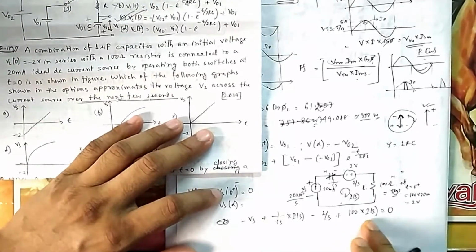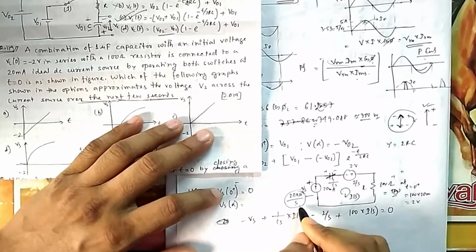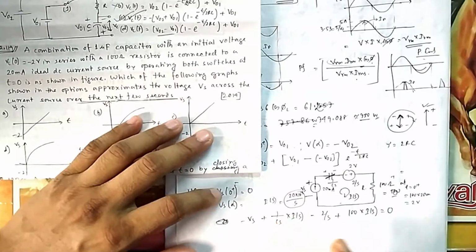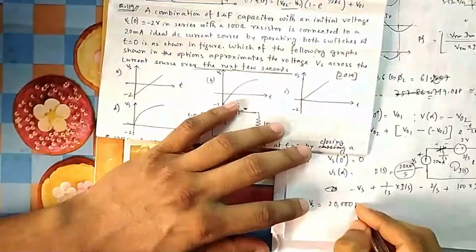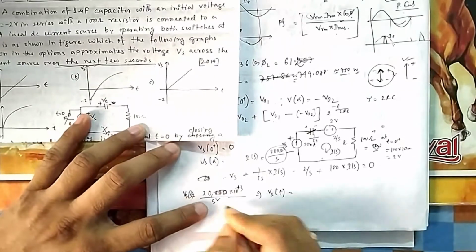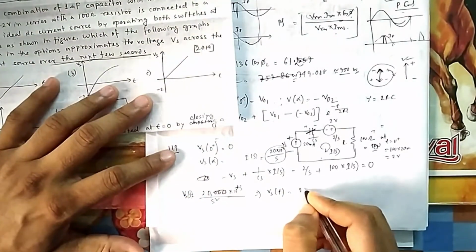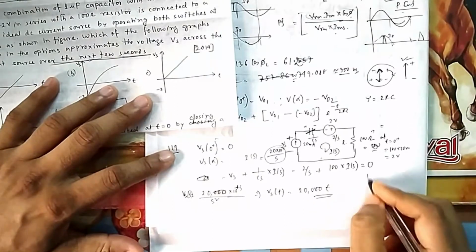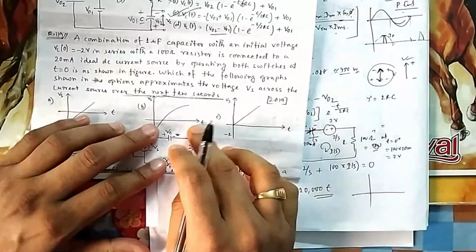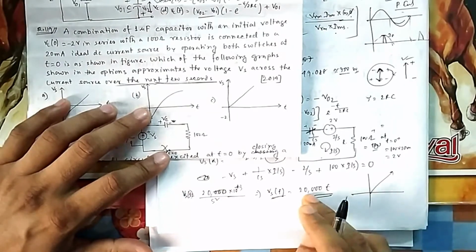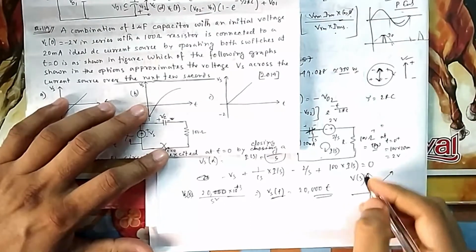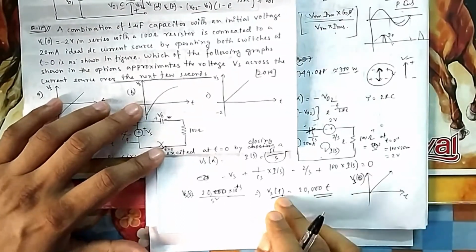Now you put Is. What is the value of Is? Is is 20 milliampere. This current is flowing. So if you put Is and put C, then finally you will get 2 by s getting cancelled by s square. I think you can do it. So what will be your Vs in the time domain? What is the inverse Laplace of 1 by s square? It is 20,000 t. So that means it is a straight line. Vs equals a constant times t, so with time it will be a straight line starting from the origin, because it is y equals mx. It will go through a straight line between t and Vs. Vs here is not in the Laplace domain. This Vs, the source voltage, is in the time domain itself.